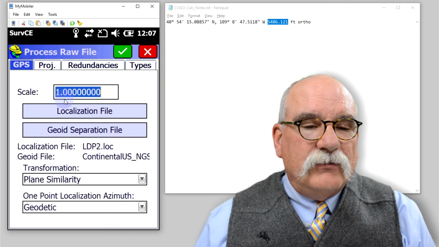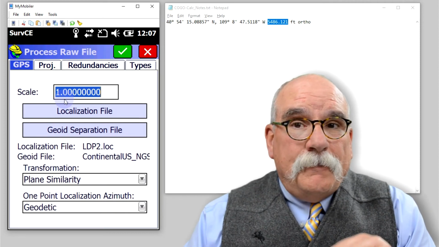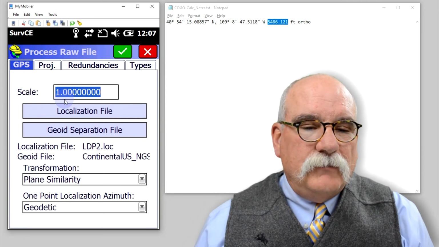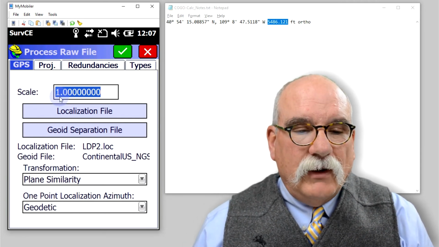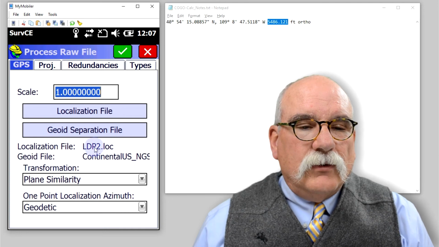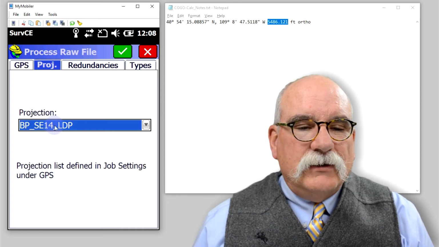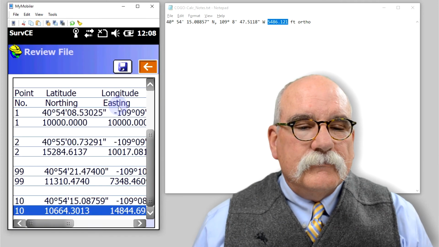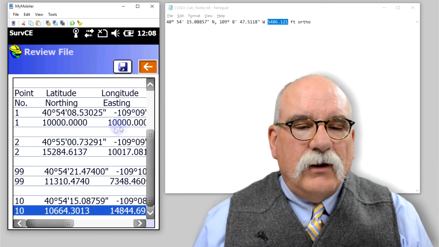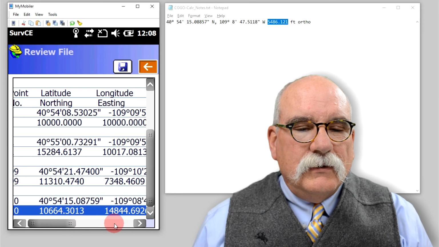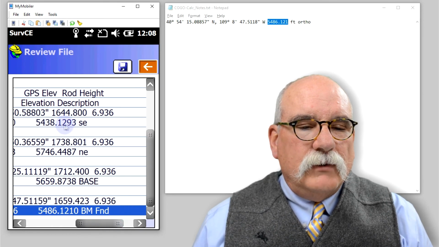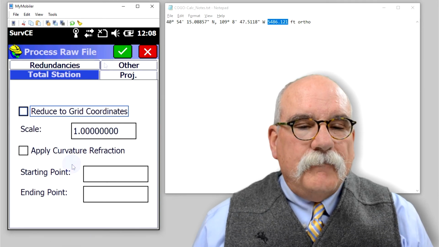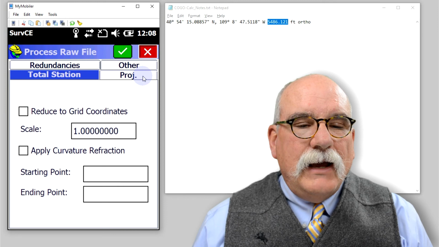I'll just check I've got a scale factor of 1. Remember that my grid to ground scale factor is built into the projection, so no need to put in a second scale factor here. Use the localization. The projection is still my LDP projection. I'll click the green check mark. You'll see that point number 1 has not moved horizontally, and the elevation has been moved just a tad. And so let's click the red X,